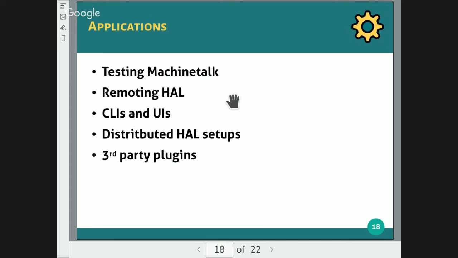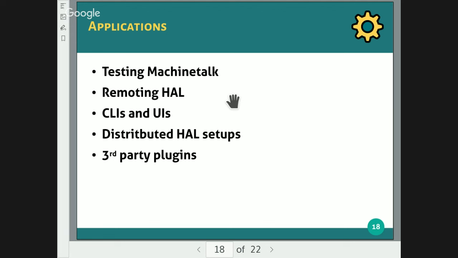Typical applications. First, we can test Machinetalk, which is a general improvement, so we can actually test that everything works correctly, and so on. Then we can create something like a remote interface to HAL.